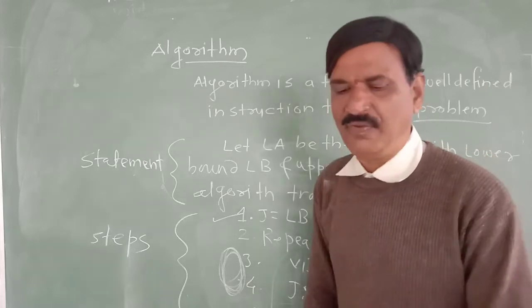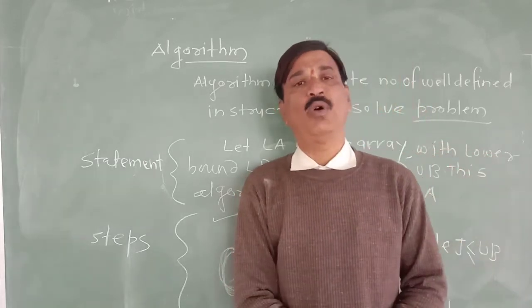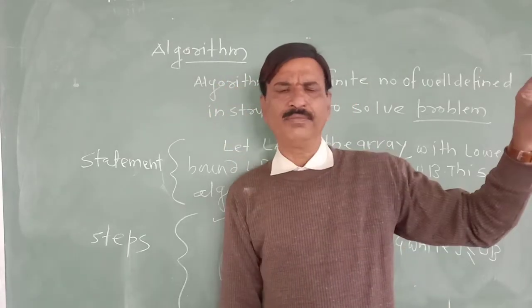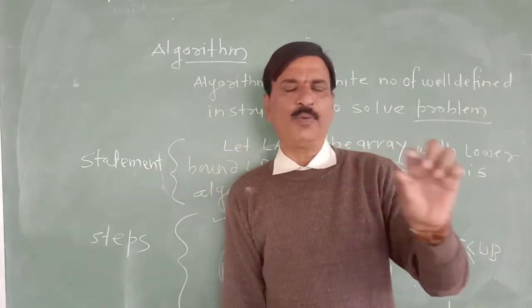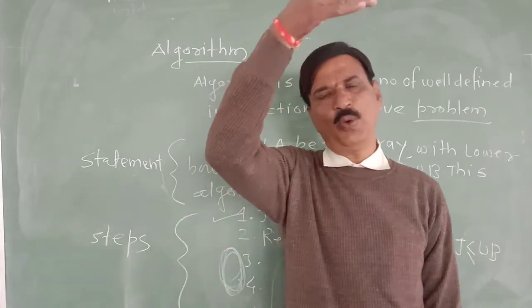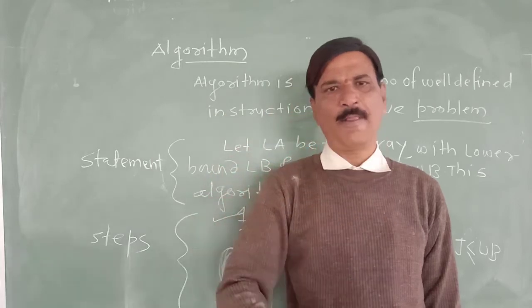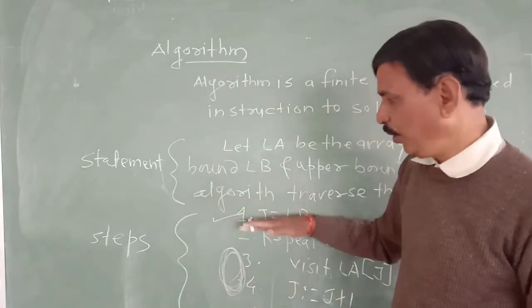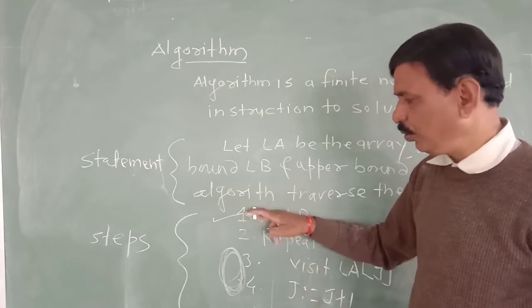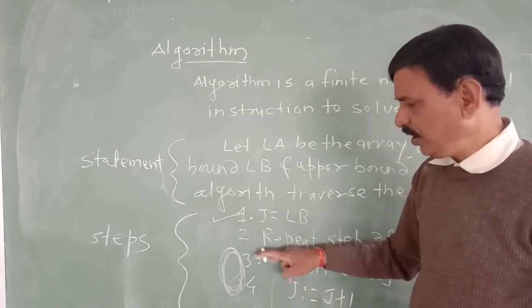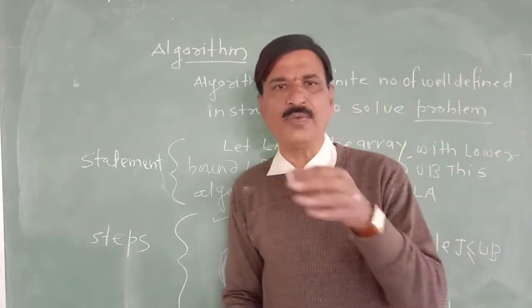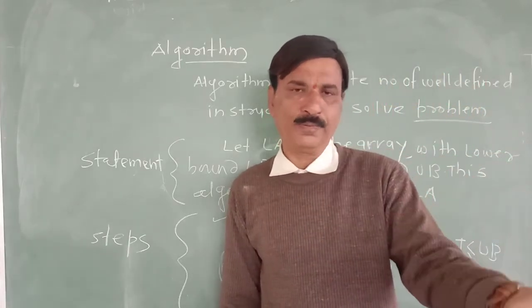Now take the example of a C++ program for the area of a circle. Read R, A is equal to 3.14 into R, print A, stop. How is the flow? The flow is sequential. But here the flow is not sequential. It is not continuously going 1, 2, 3, 4, 5. It is going to 1, then 2, 3, 4, and 3, 4, 3, 4 is repeated. So this flow is a repetitive flow.